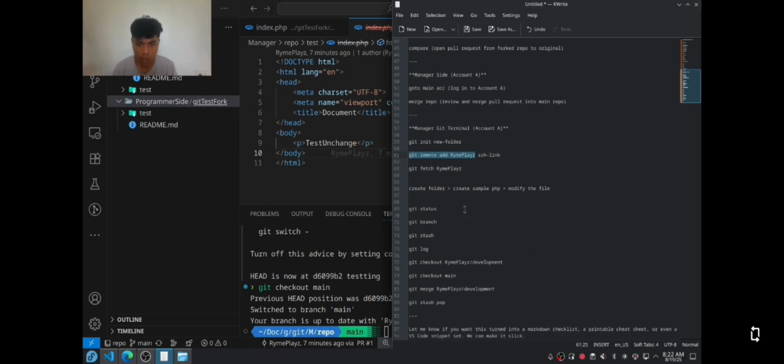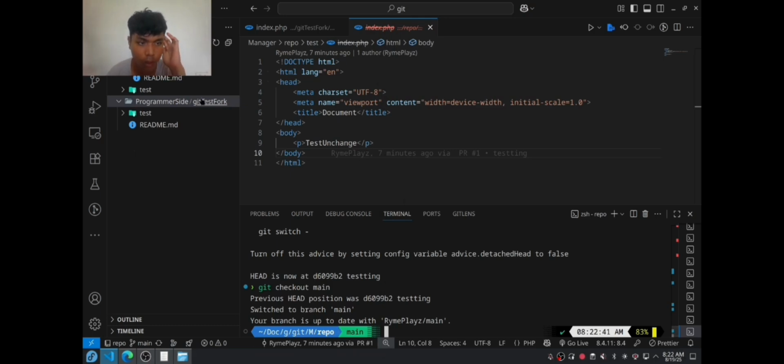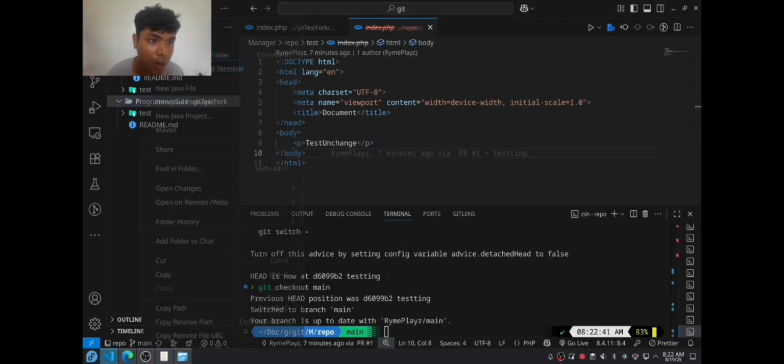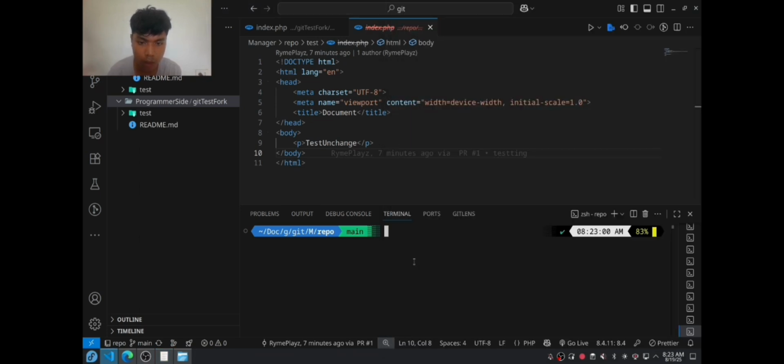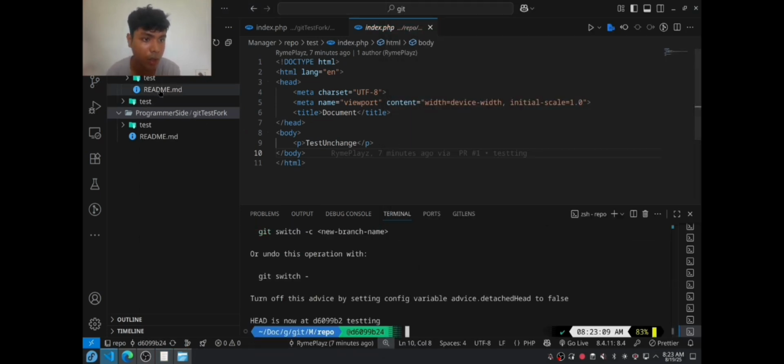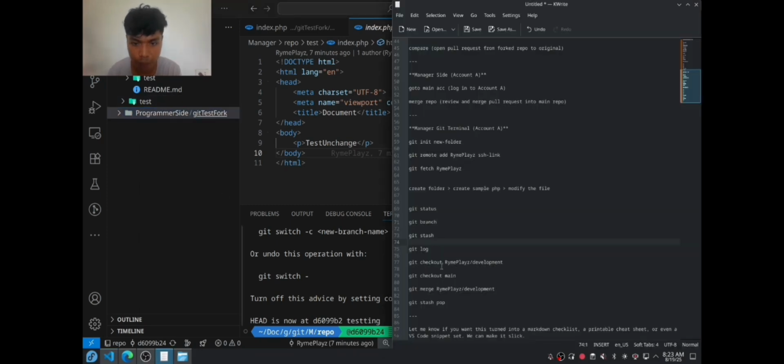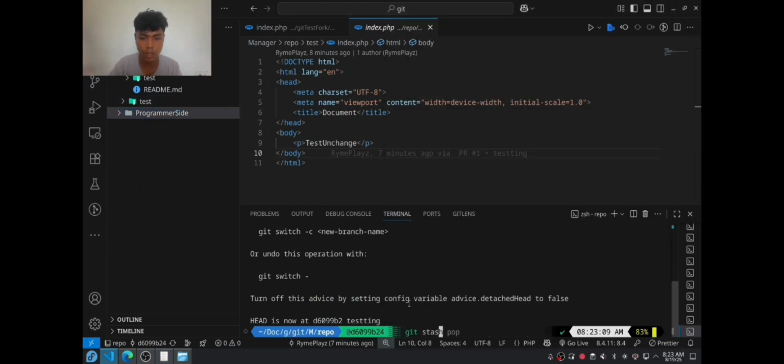Let's test out git stashing. Oh yeah, I should be in the repository of this. Git stash.